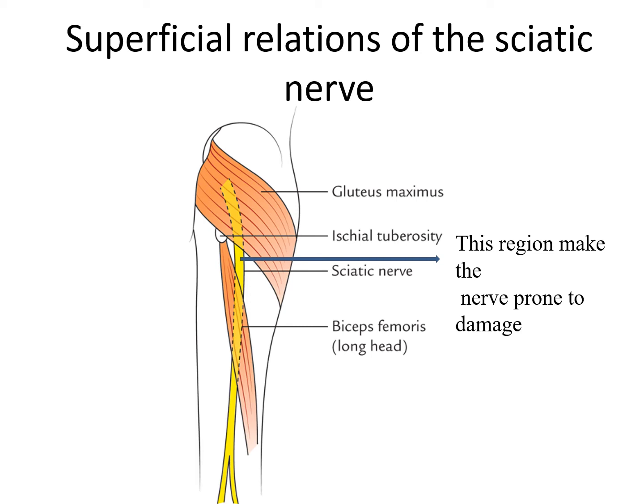So here there is the maximum chance of the sciatic nerve being damaged, for example in a gunshot injury, because it is not covered by any muscles. So the gluteal region at the back of the thigh is vulnerable to sciatic nerve injury. This region is prone to damage in between the gluteus maximus and the long head of the biceps femoris muscles.